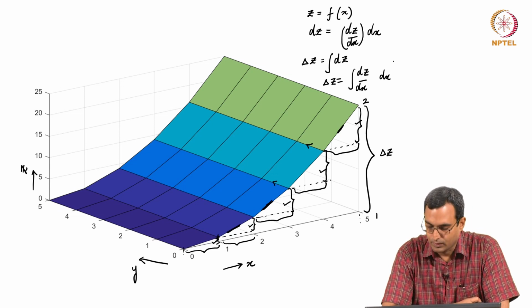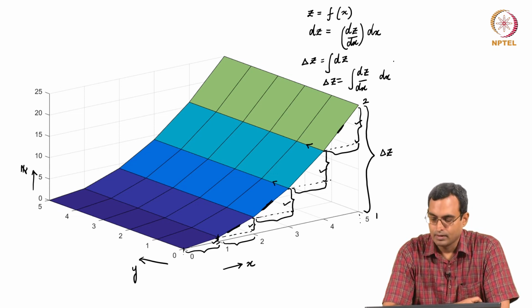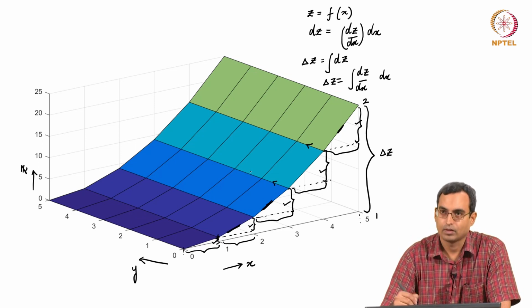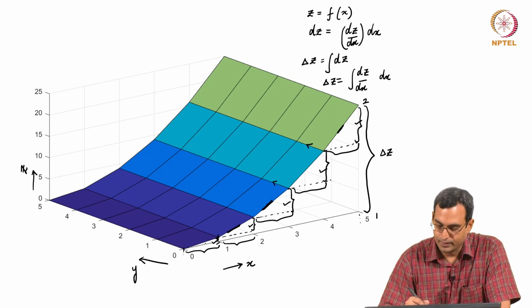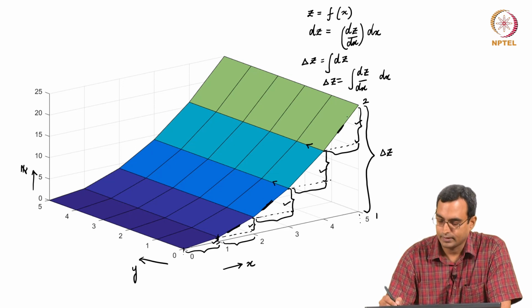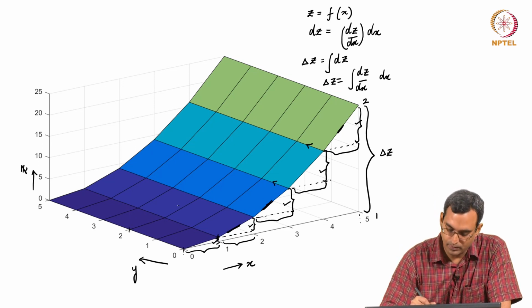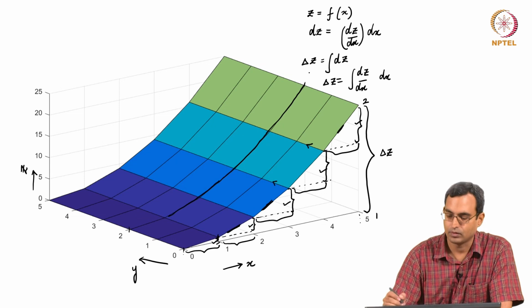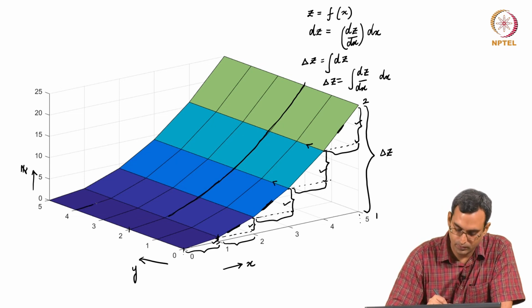So, this is essentially what we are doing over here. In this kind of a curve, because nothing is changing along the y direction, it does not matter whether I do this on this line or, for example, on this line over here. The z value does not depend on which line I choose. I can do it on that line or on this line also, because